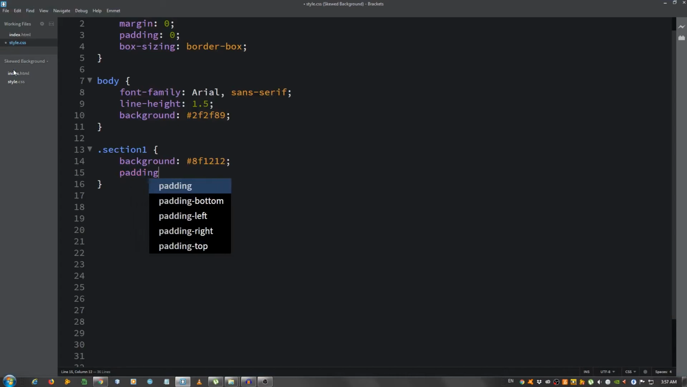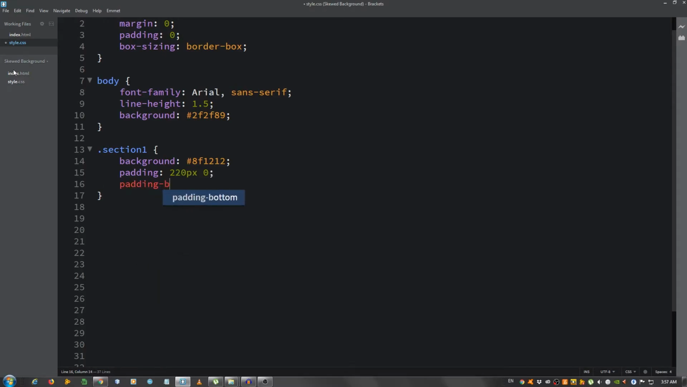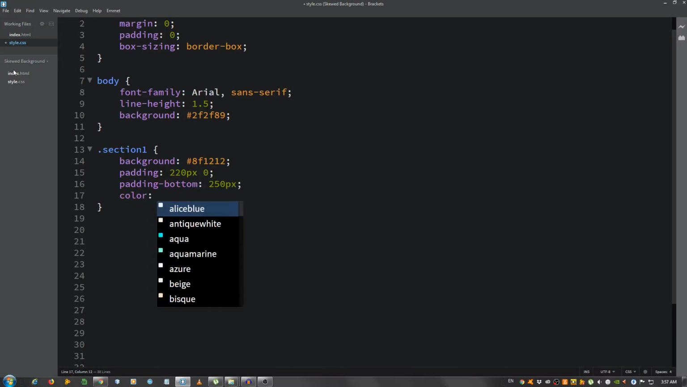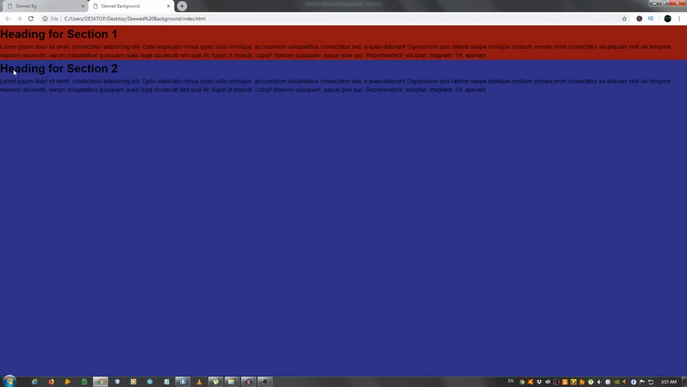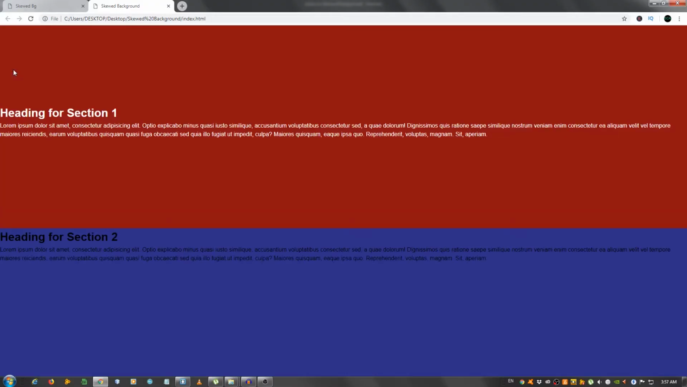Let's give it some padding. So 220 pixels on the top and bottom and 0 on left to right. I'll give it some more padding on the bottom, so padding-bottom 250 pixels. The color of the text will be white, so FFF. Okay, and now